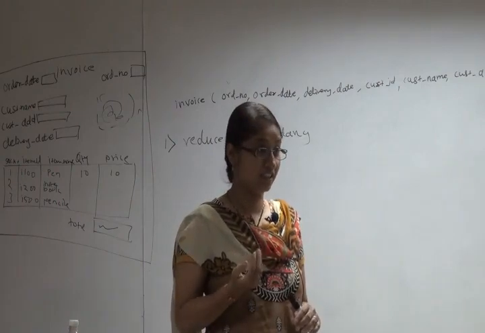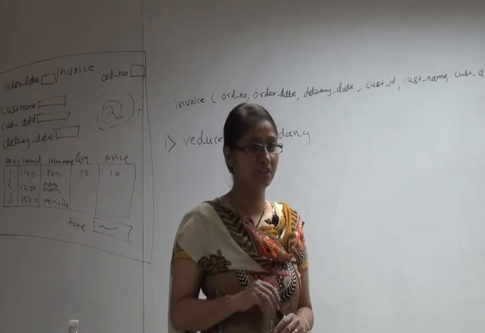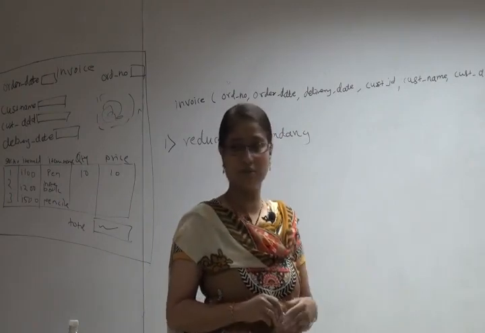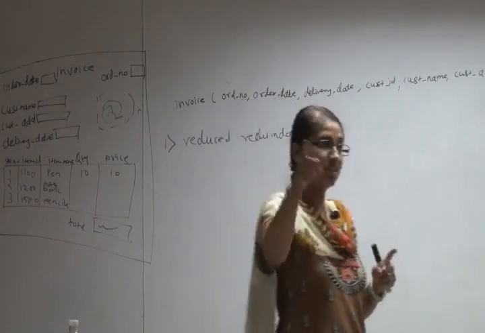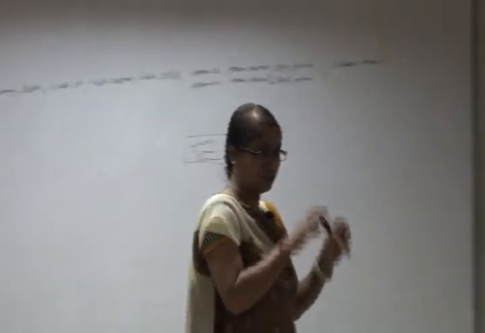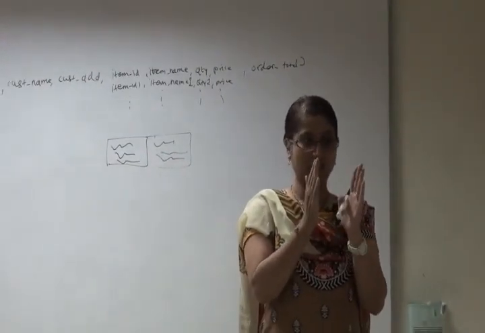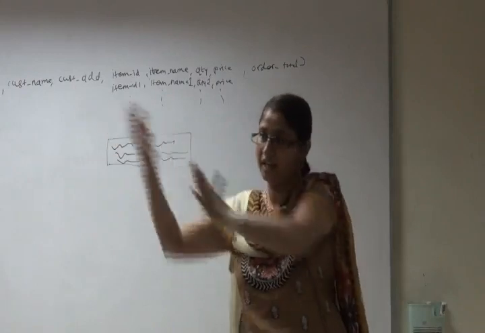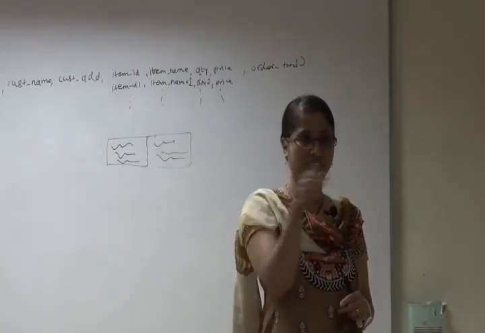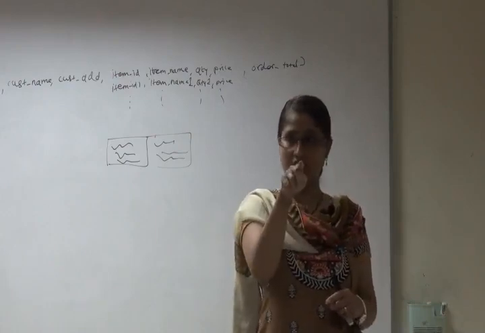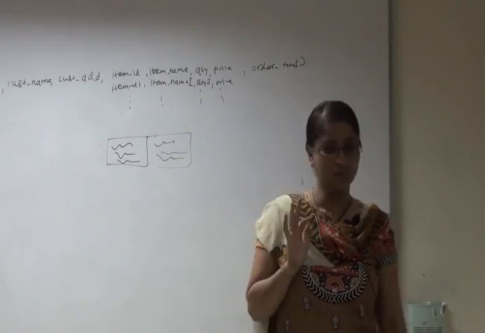We said faster access, easy modification. These are the advantages of the DBMS. So how is it possible? That means we have to give a single column for it. So if an order has 10 items, then for the 1, 2, 3 like this we need to repeat the columns. Then only we can say for this item, this is the item name, this is the quantity, this is the price. This is one way, right?